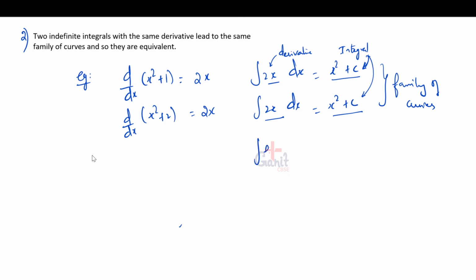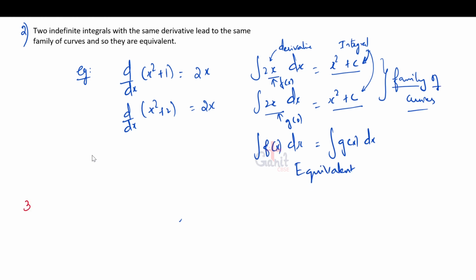Hence, we can say this as integration of f of x is equal to integration of g of x. So we can take this as f of x, we can take this as g of x, and they are equivalent. So third property,